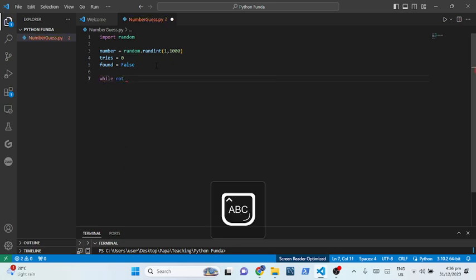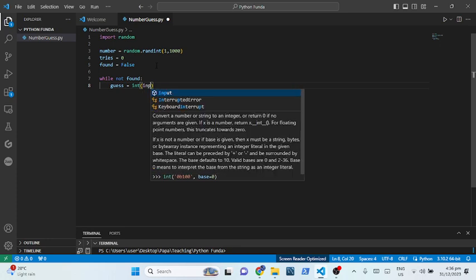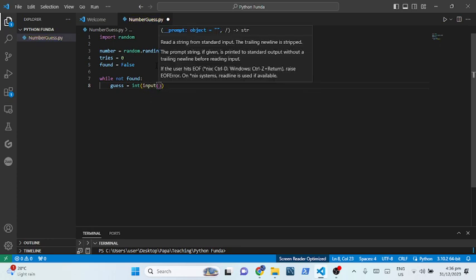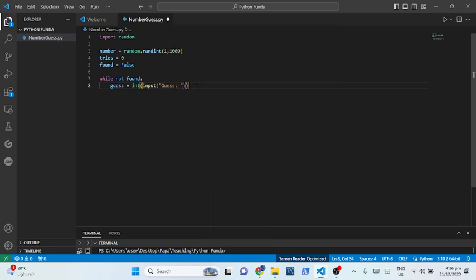not found, guess would be equal to integer input guess, like that, and then that would be our guess. And then tries will plus equal to 1,